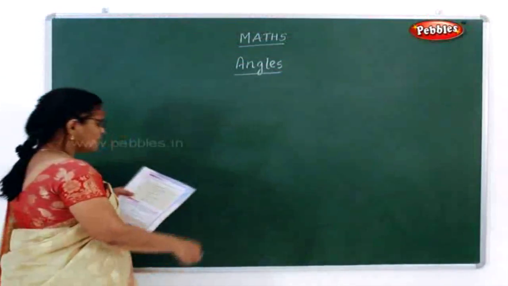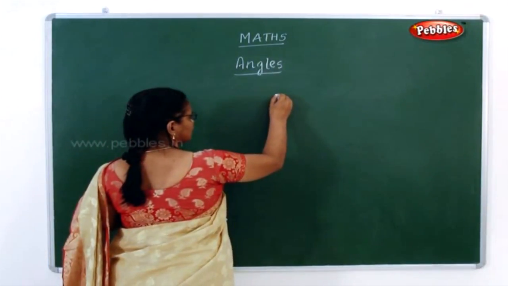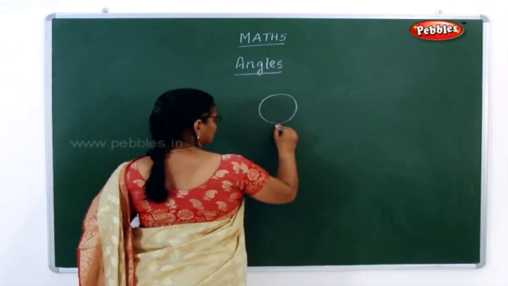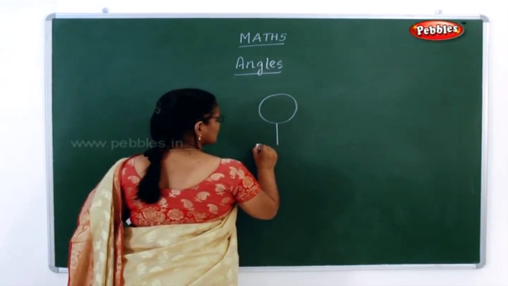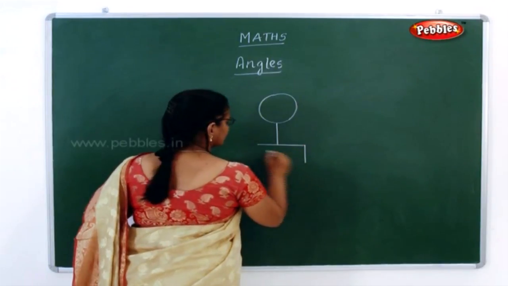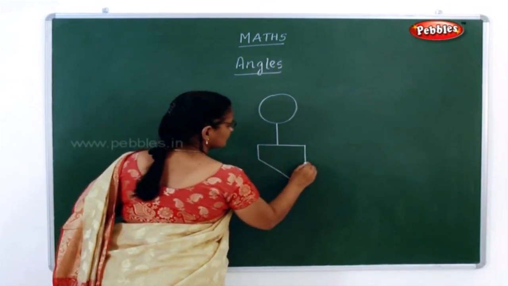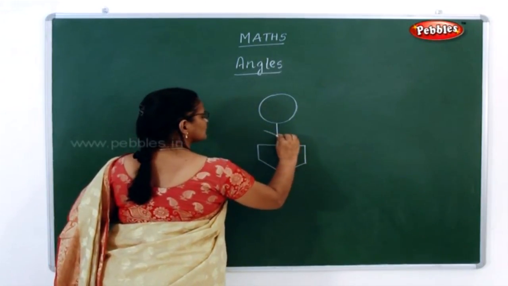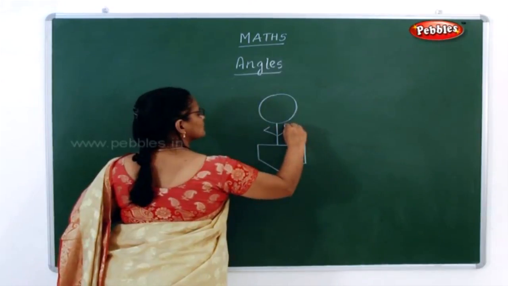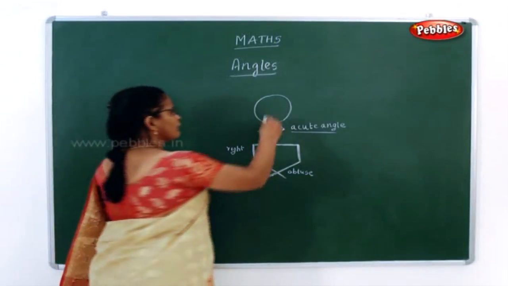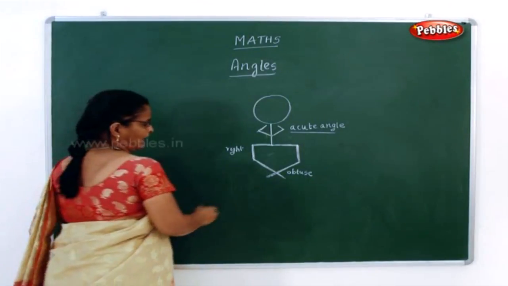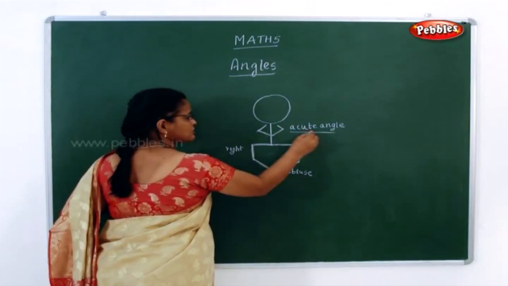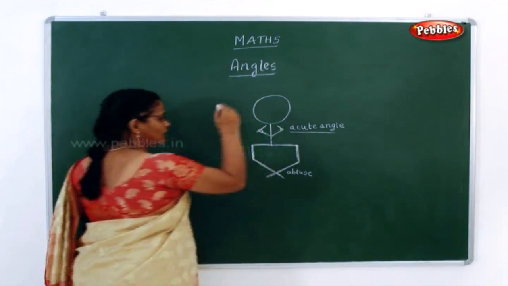See, the next one is to observe the angles with the stick figures and just name the angles. See, in the stick figure, they have asked you to find out the angles. See, this is the hand, the movement of the hand. So this shape is called an acute angle. This is the acute angle.